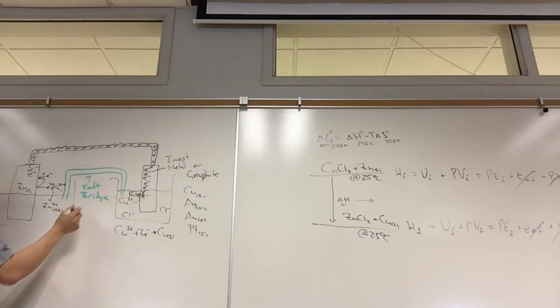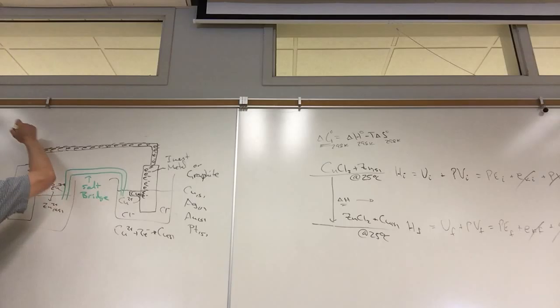The salt bridge is going to be a salt solution or gel. It's going to be what we call inert, because it's not going to participate. It's going to be an inert solution or gel,